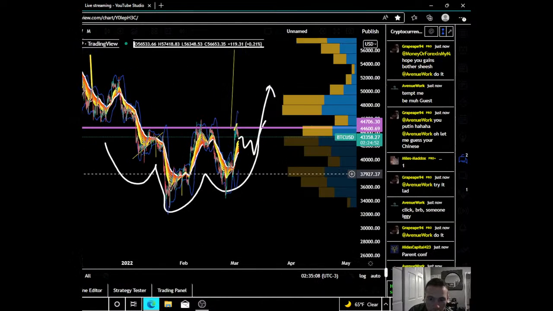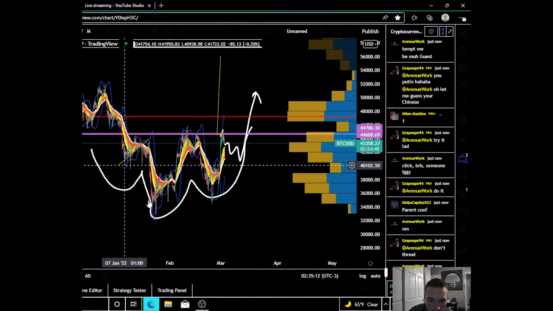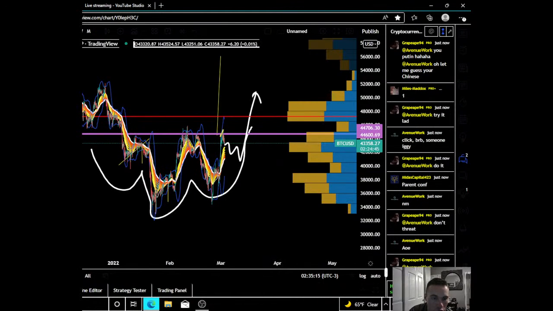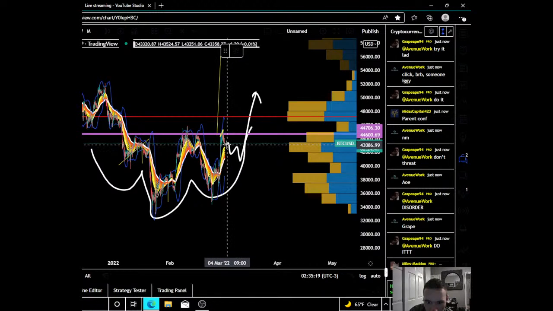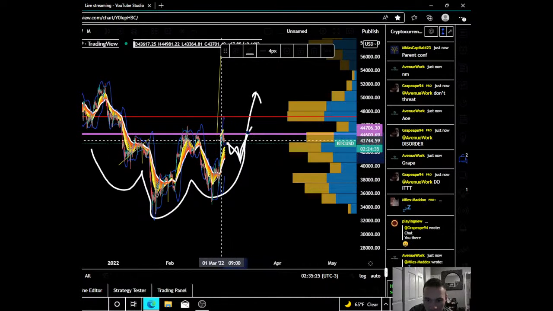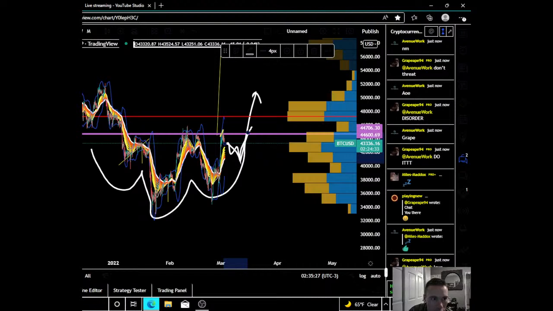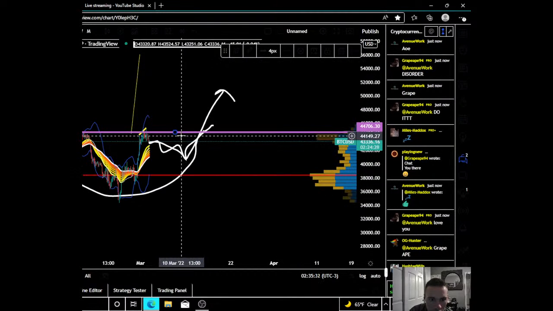Then what we're looking at when we zoom out a little bit on the 4 hour is this ginormous head and shoulders, and I really do think, and I've been thinking this for a while, that we're going to come down a little bit, and this looks very nice, and we're going to come down and then go back up. Once we break above this neckline right here,